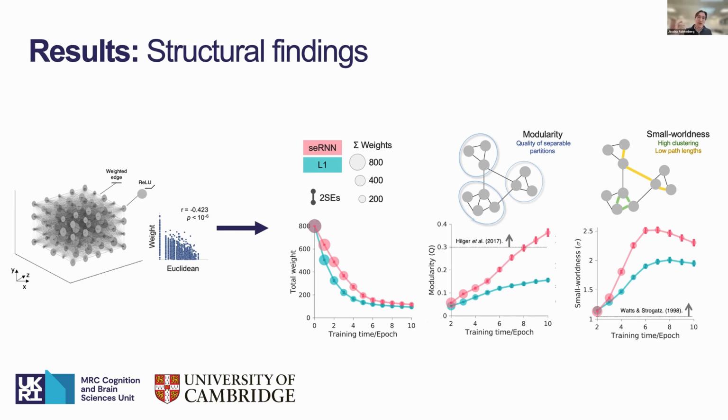But on top of that, the additional components we add beyond just sparsity, so in our case, the spatial embedding, which includes the normal Euclidean space and then the communication space, push the network to be even more small world. So this is the structural findings I want to highlight. We have done a couple of more detailed analyses on generative models to show what wiring rules underlie these connectomes, and find that even there, the seRNNs are way closer to real brain networks. But I'll leave this for you to find out in the preprint.